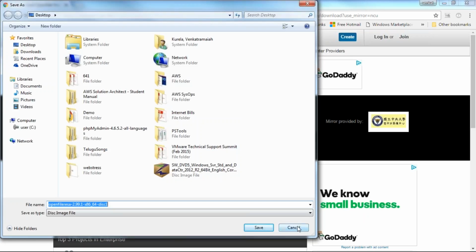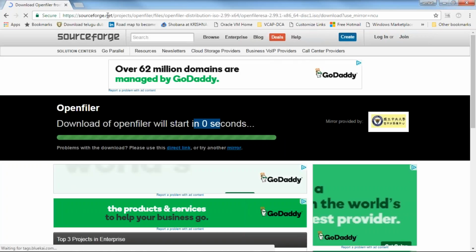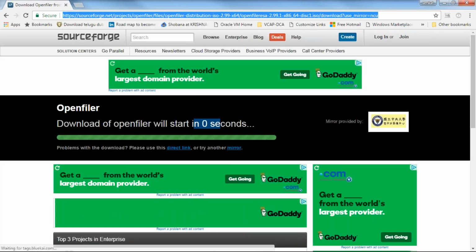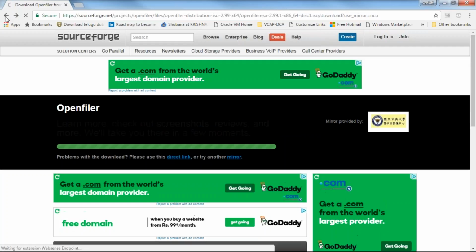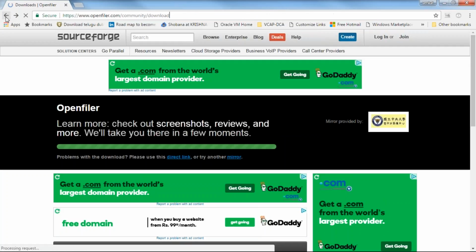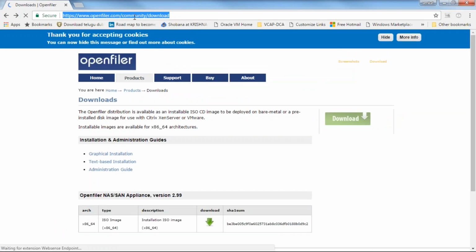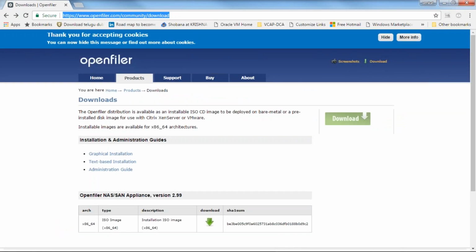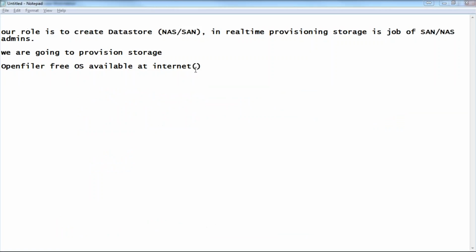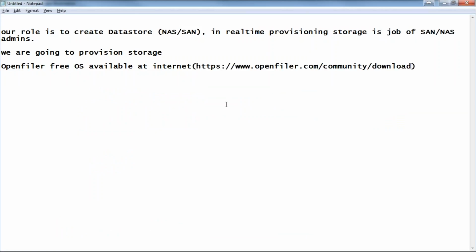Since I already have the file, I do not want to download it again. So I'm just canceling it for now, but here is where you can go and download the file. I'm putting that in the chat window for everyone. That is exactly where you can download it.